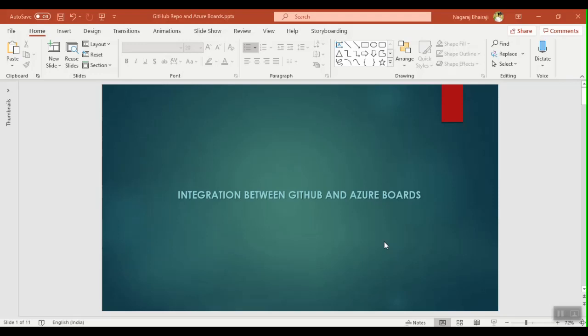Hi all, in this video we'll learn how to integrate GitHub and Azure Boards. The basic idea is that by connecting Azure Boards with GitHub repositories, we can enable the link between the GitHub repositories, pull requests and issues with the Azure DevOps